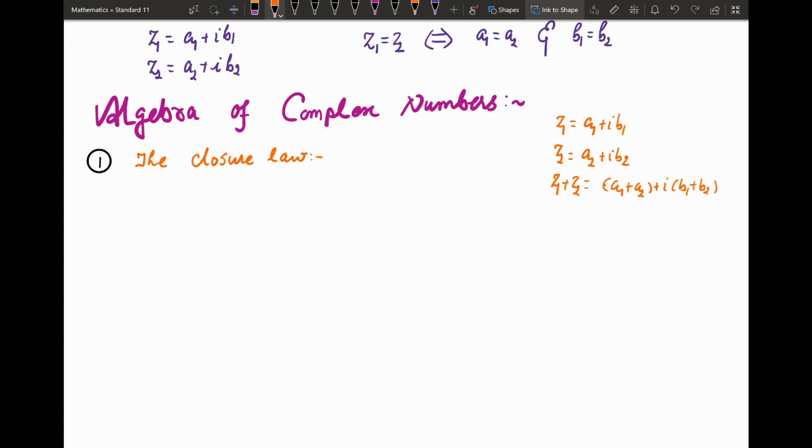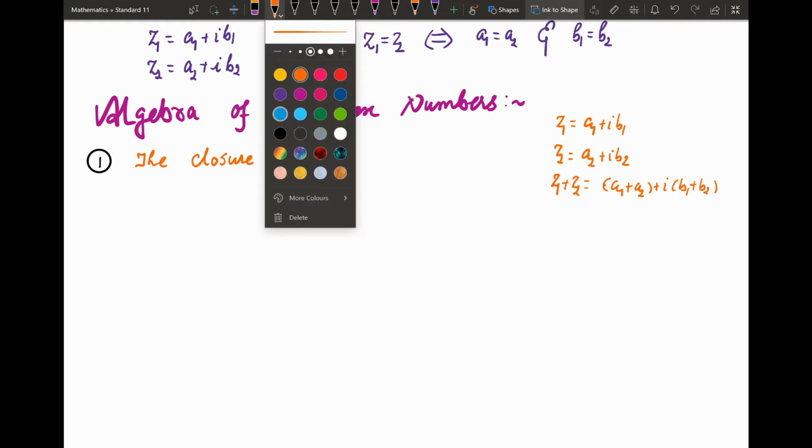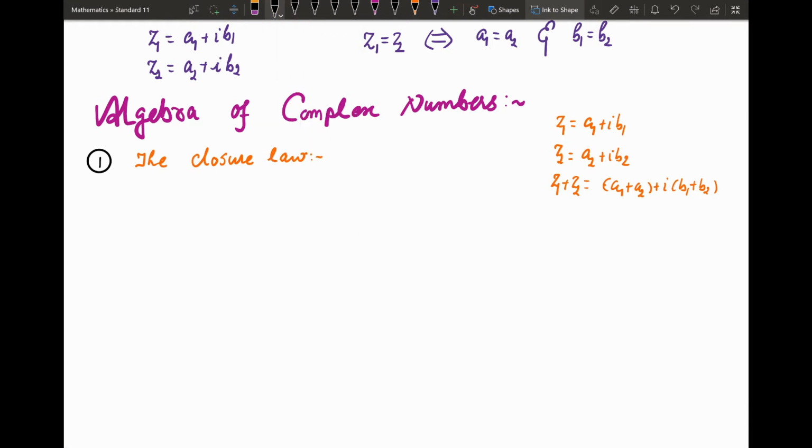So when we take addition, it means addition of the real parts plus i into the addition of the imaginary parts. So the first law, the closure law, according to this property, the sum of